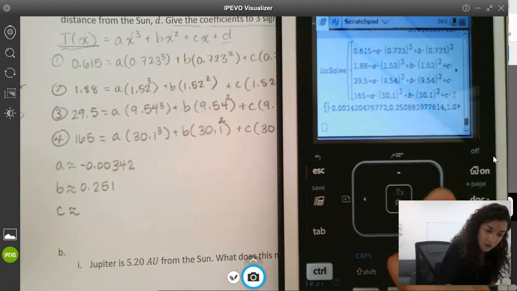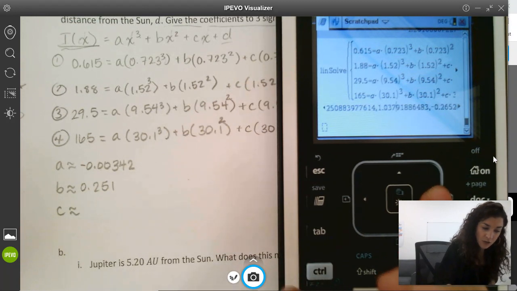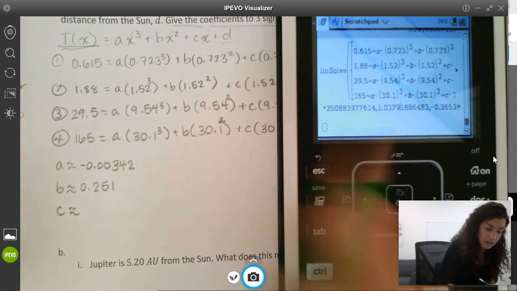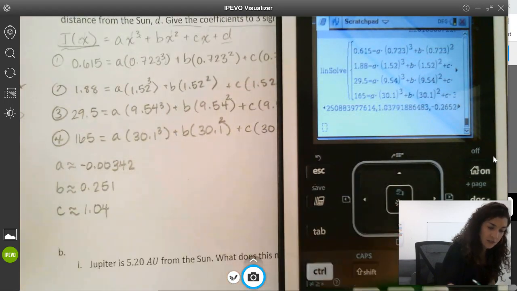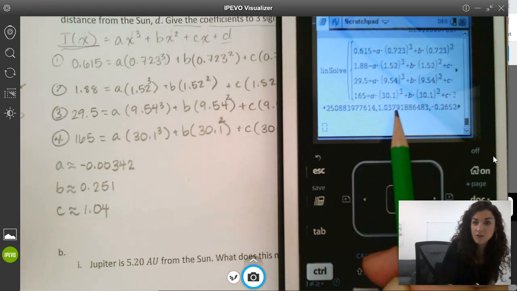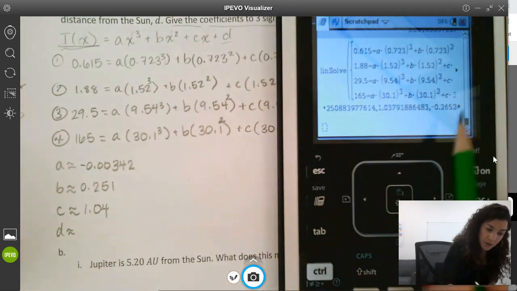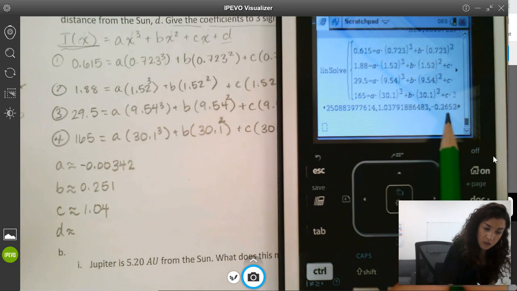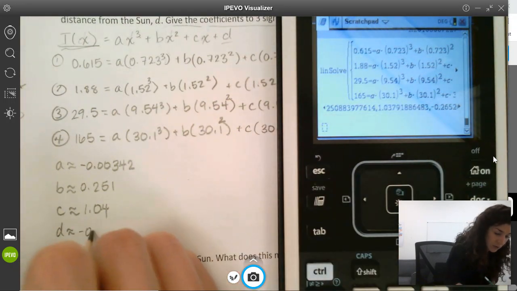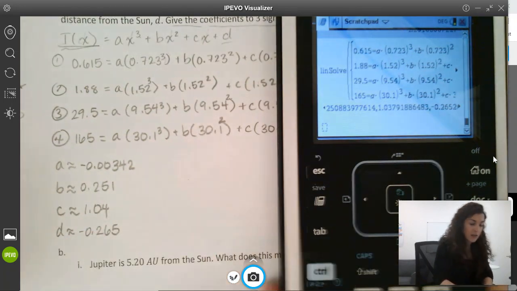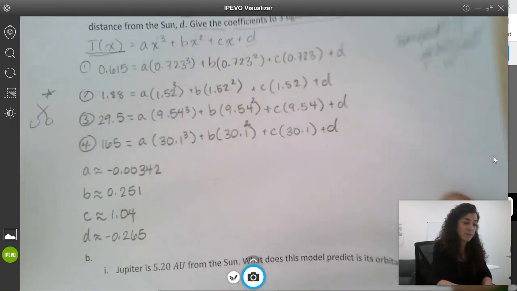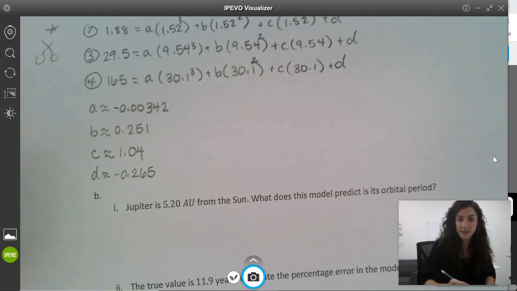C is about, comma, so then this is our new number, 1.0, and then since 3 is our third significant figure, 7 will tell us to round up to 4, and then D is about, and that's here, negative 0.265, since the number after it is 2, we keep it at 5, so negative 0.265. Those are our 3 coefficients, and we can put it all together into one big equation